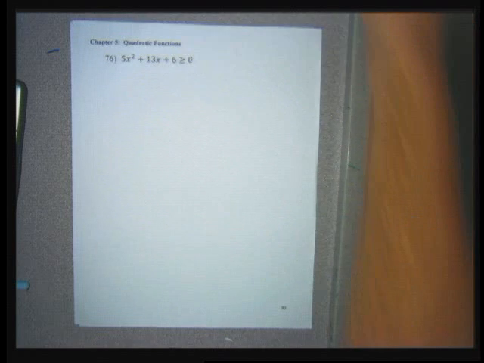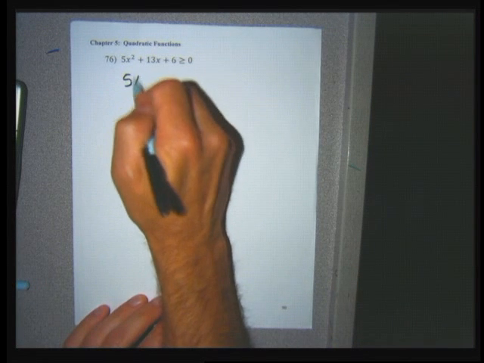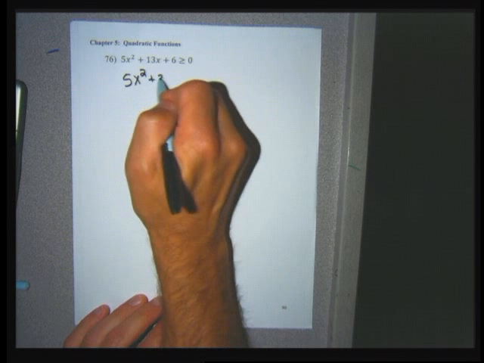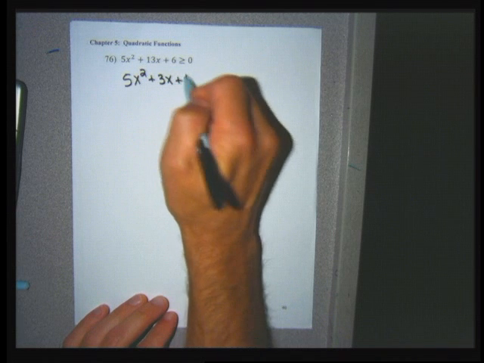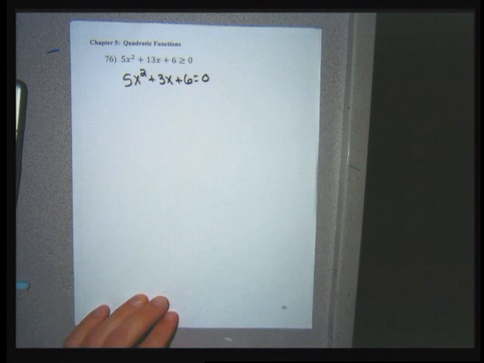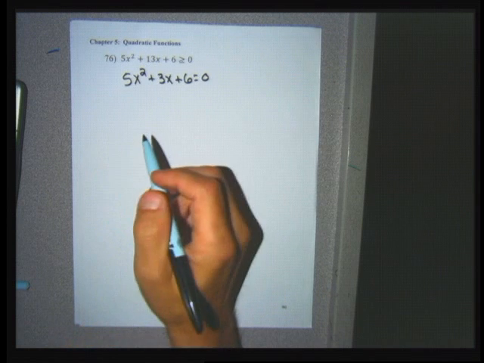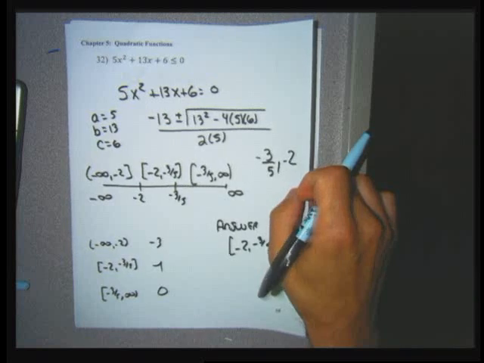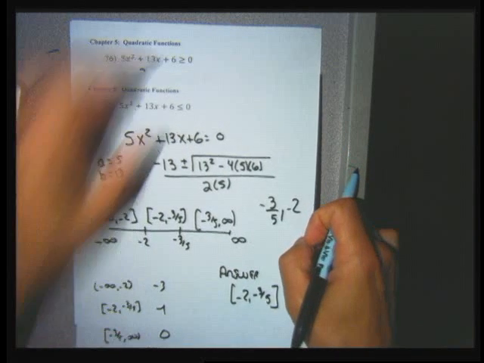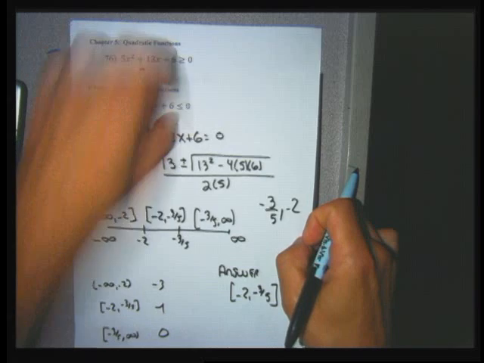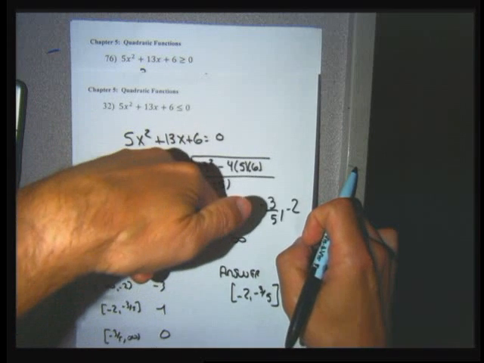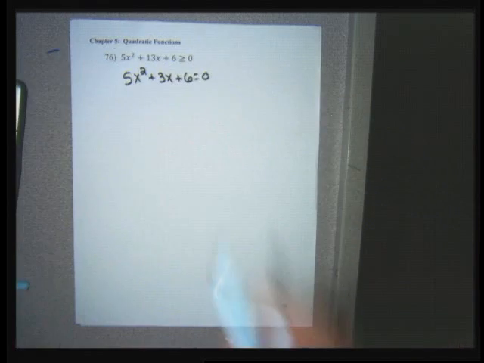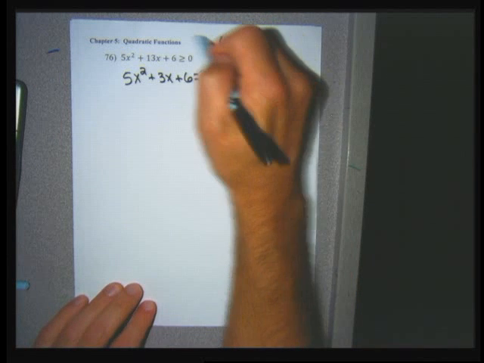Okay, let me do another one, and I'm getting close to just saying we're going to just be lazy. And maybe I'll even be a little bit lazy here and just take the outside intervals and gamble that they're right. And that's what I did when I did problem 32, which 32 and this are essentially the same problem. So my guess is, because 32 and 76 are essentially the same except with the flipped signs, I think those are going to be my answers. And let me just write that down since I have that handy. I think the answer